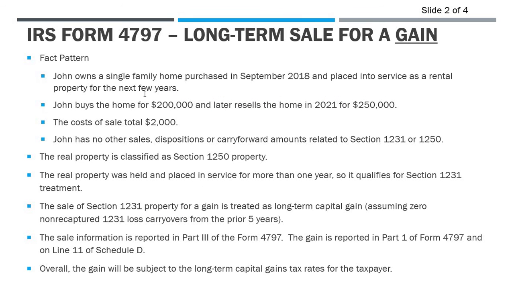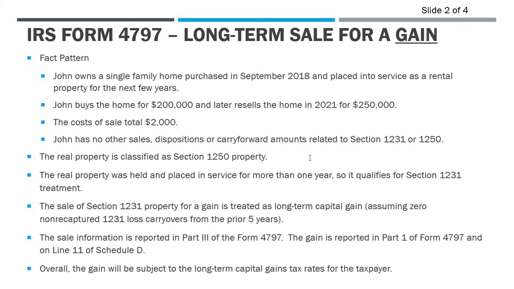We've got John here. He bought this single-family home in 2018, and he paid $200,000 for it. And he put it into service as a rental property for the next few years. Now, in 2021, he decides to sell it, and he gets $250K out of it. Okay, so a nice little return there. The cost of sale were $2,000. And during the year, he had no other sales, dispositions, and none of these carry forward amounts related to 1231